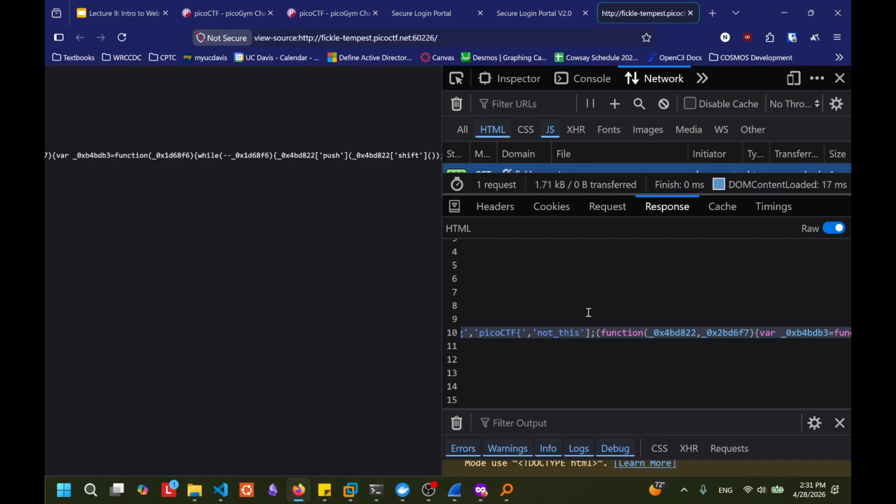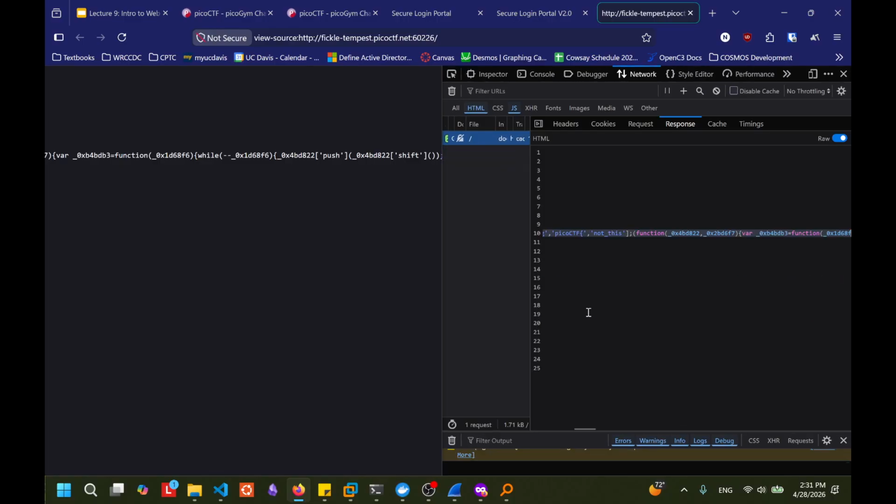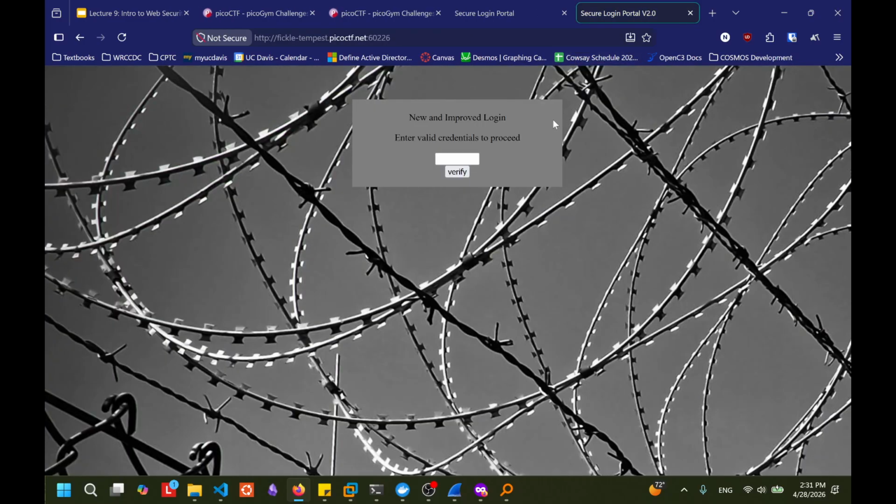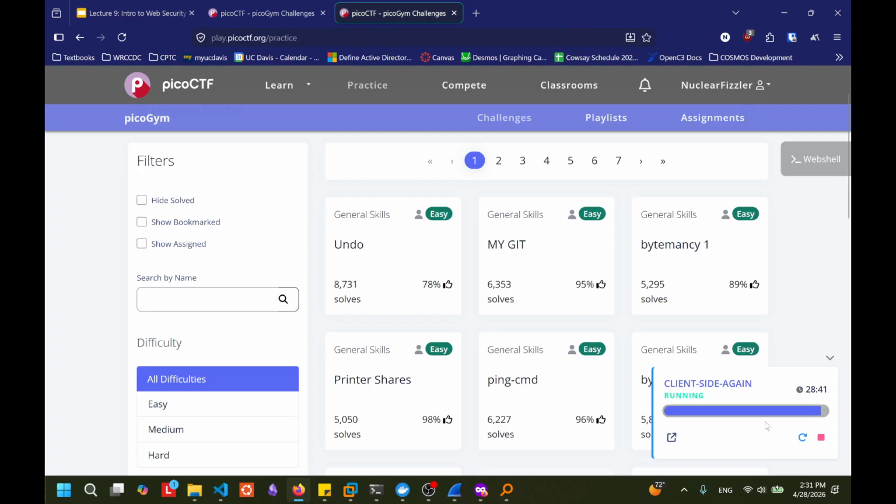You have some JavaScript code and you're trying to figure out what the password is. But the issue is not that they didn't hide it hard enough. The issue is that you have the source code. It'll be a little harder, but it's not going to stop attackers completely. All right, stop this instance.